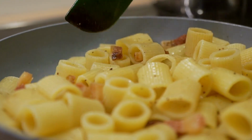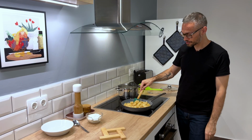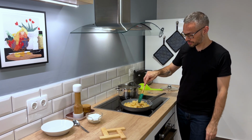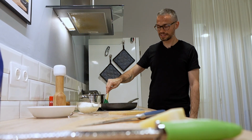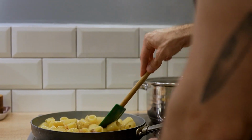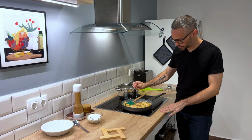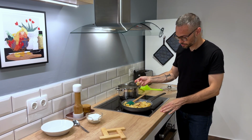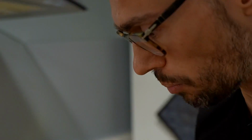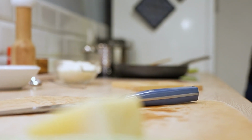So what's happening here is the pasta is letting out more of its starch. It's working along with the pasta water, with the fat from the guanciale, and you're getting this beautiful, rich sauce. And it's just going to get better once I add the pecorino Romano. Okay, I'm going to try one of the noodles, but I think it's pretty much done. So I'm going to kill the heat, turn off the fan,